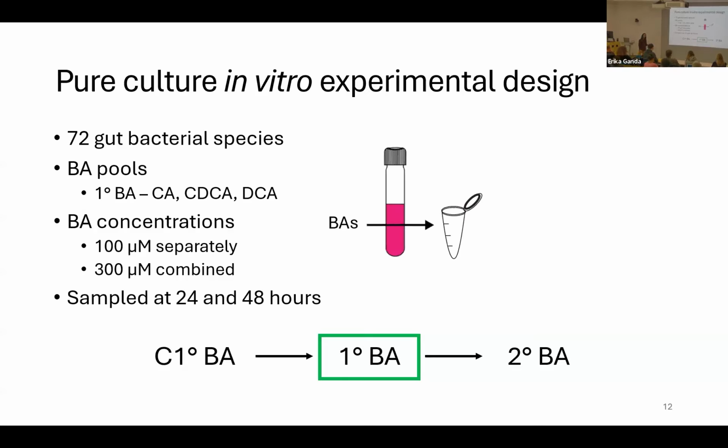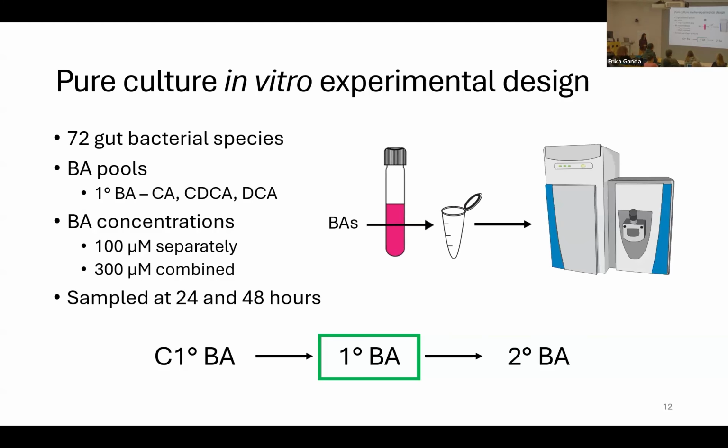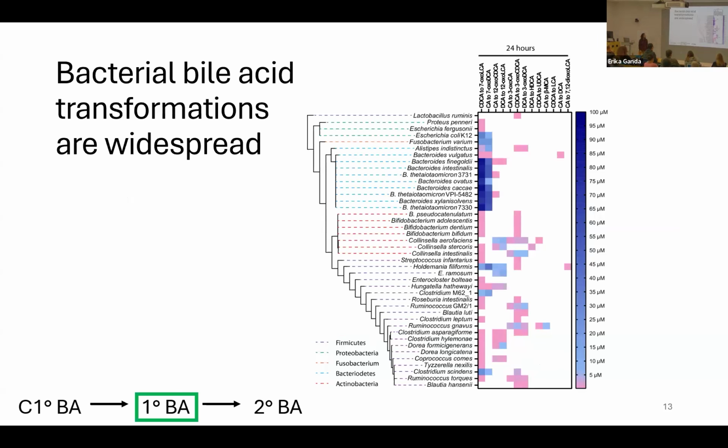And so it looked a little bit like this, right? You have a tube of bacteria grown with media with bile acids in it. At certain time points, we took a mil out, spun out the cells, did a dilution, and ran it on the mass spec to get our data. And so we run standards alongside our samples, which allow us to identify and quantify bile acids in our samples.